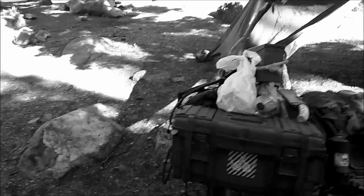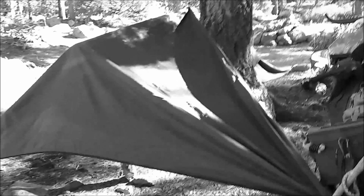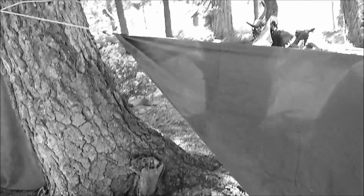So we'll talk a little bit more about these little structures I set up. Okay, we're not going to go through the setup right now. I'll cover that in some other videos later. But this is a triangle, lightweight, what do they call a rain fly from another tent. Somebody was just throwing it away, so I grabbed it up and